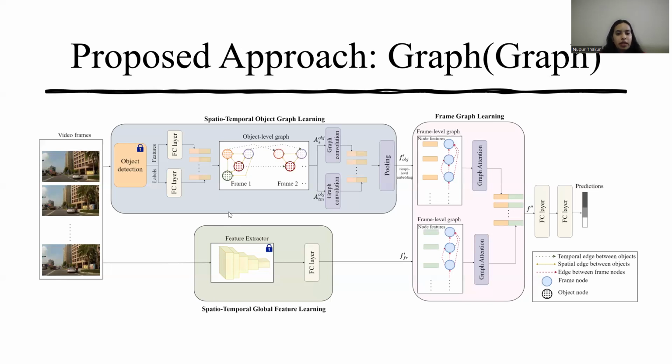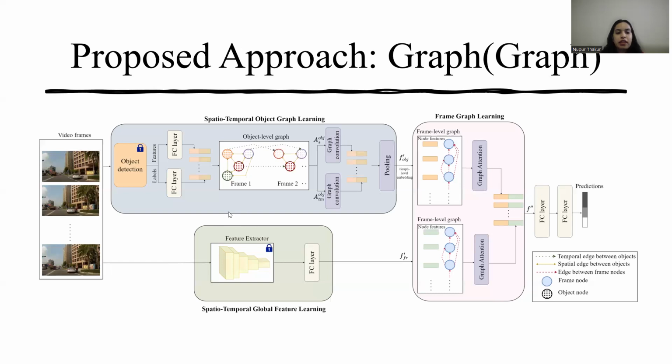So for the bottom channel, the spatio-temporal global feature is extracted for every frame using a pre-trained network, which is also frozen during the training. This takes a short sequence of frames and produces frame-level global features.